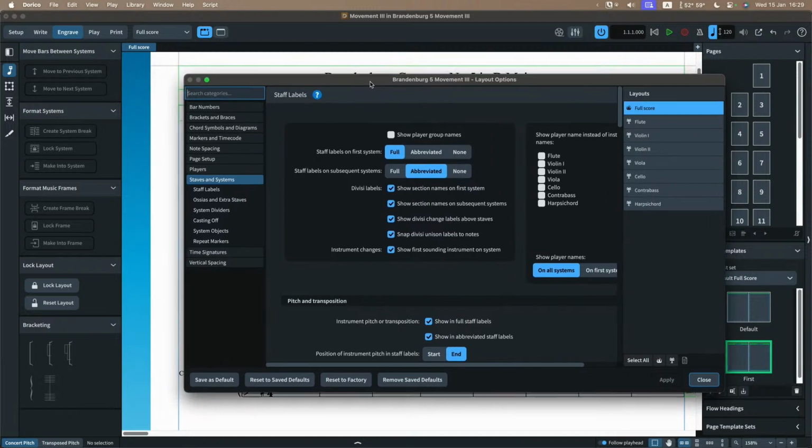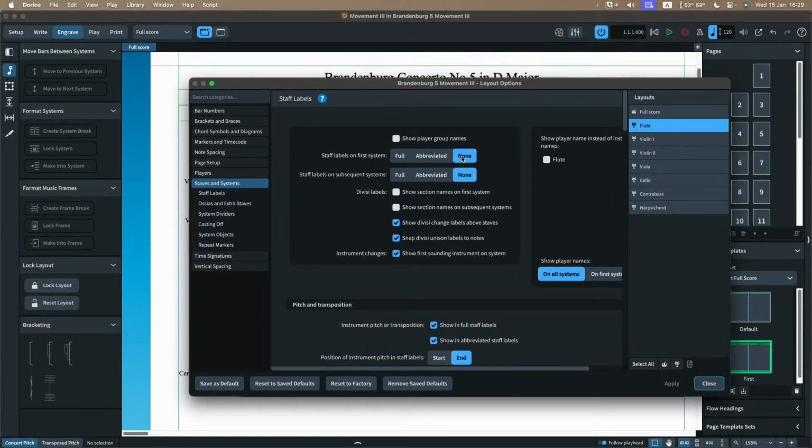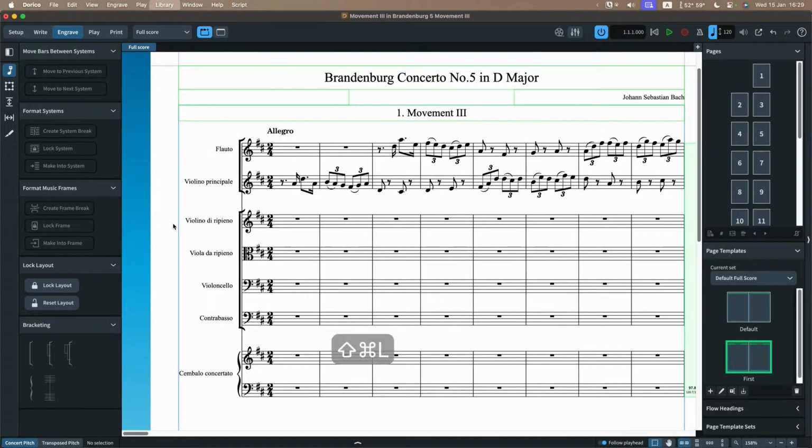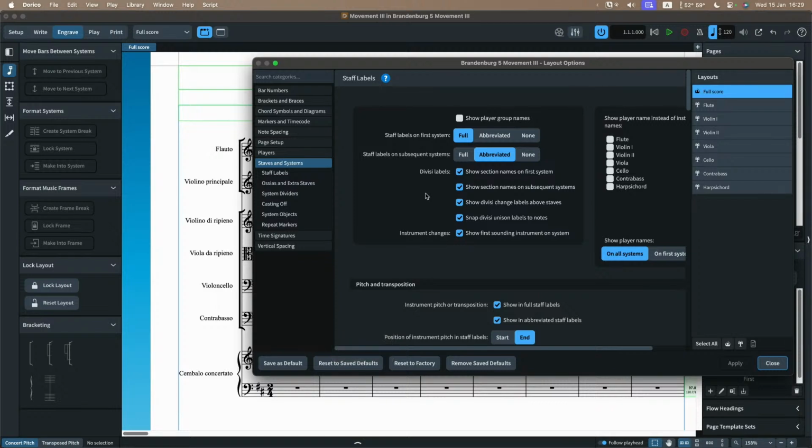So that's the standard, and when you choose a part, you can see they're both set to none, so they're not turned on. So this is probably what you want. However, there's also down here things for show player group names. So if you wanted to group the strings together, for example, then you can have a bracket around them and those kind of things. And if you want those turned on,